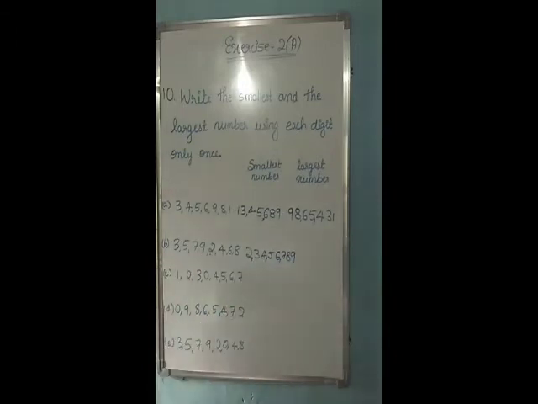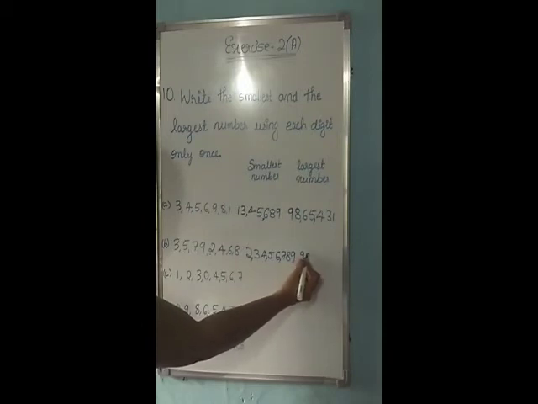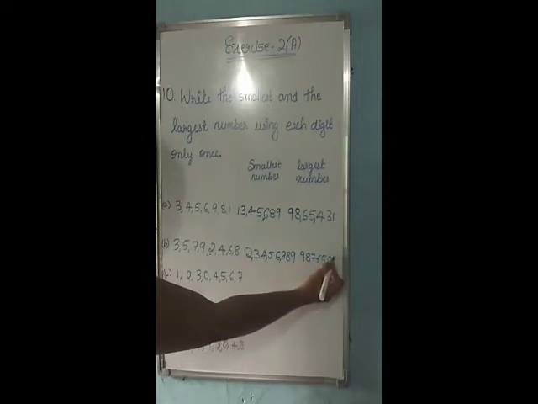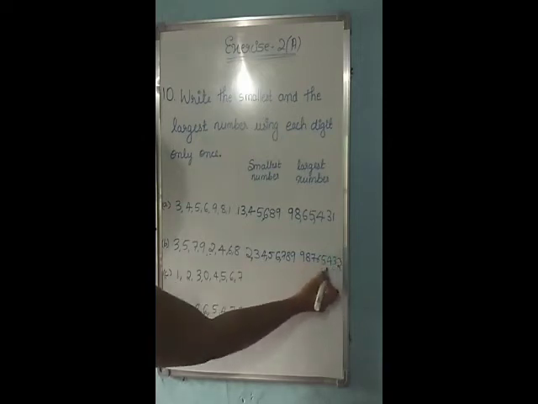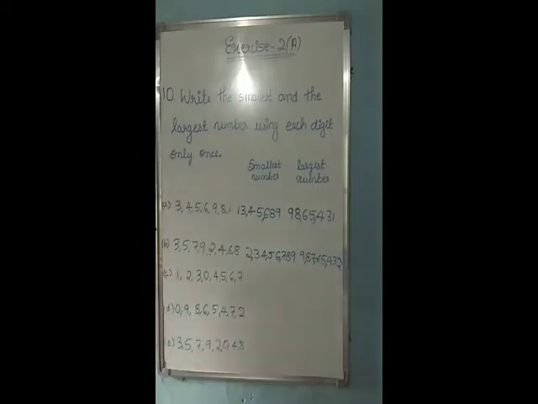So the smallest number is 2,34,56,789. Similarly, by arranging the given digits in descending order, we will get 9, 8, 7, 6, 5, 4, 3, 2. So the largest number is